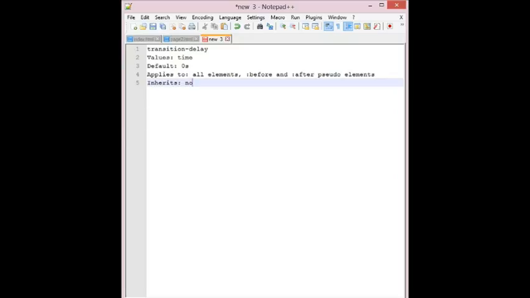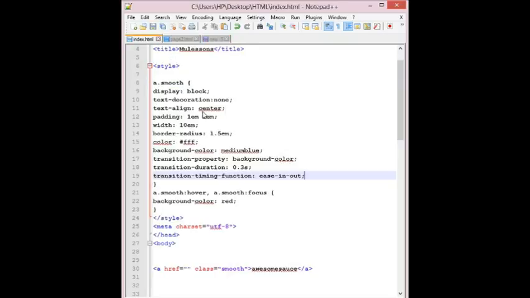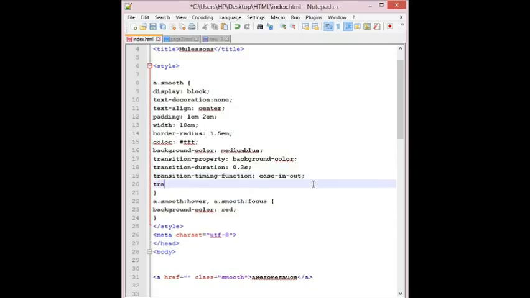In the following example which I'm going to show you, the background color transition will start 0.2 seconds after the pointer moves over the link. So here, if I add transition-delay, and I'm giving the value 0.2 seconds, let's save it and see in the browser.